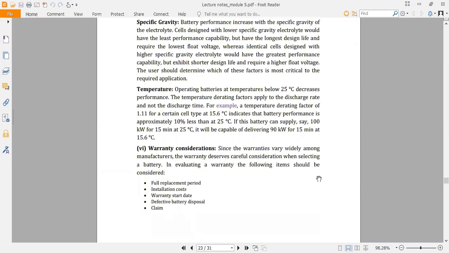And the last one is the warranty consideration. Obviously, you know that the warranty period will also affect us when we are going to purchase the battery, okay। So the selection of the battery will be affected by the warranty period, okay। 24 months warranty, 36 months, 48 months, accordingly the price will vary and the performance will also vary।